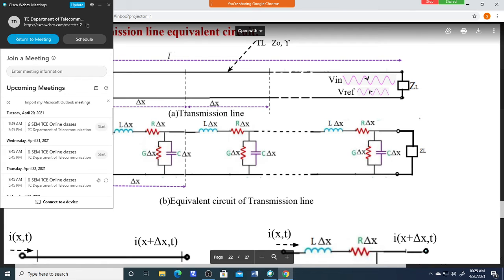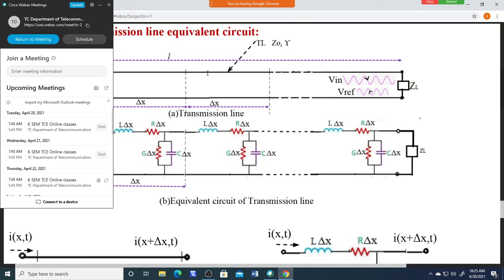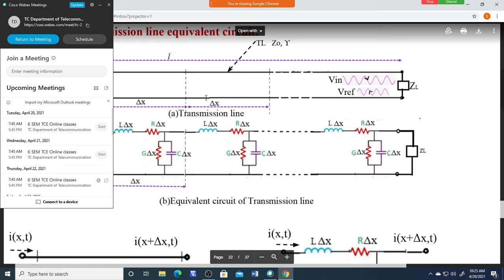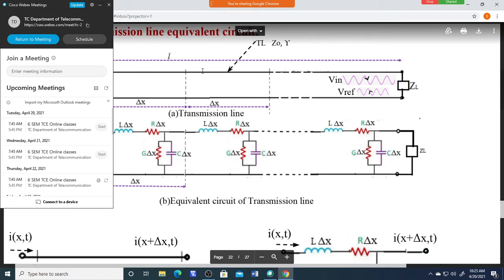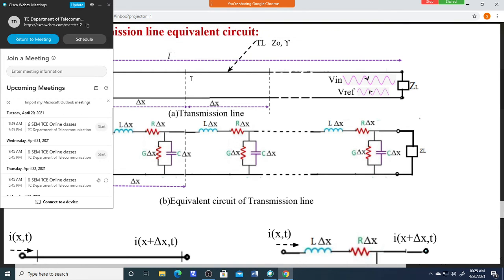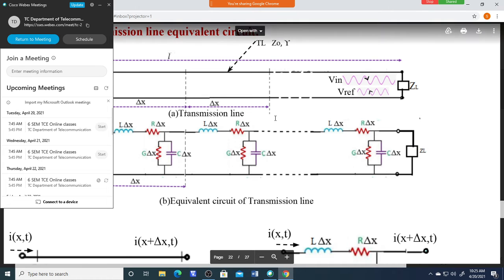For example, if you want to measure voltage at this position, or it may be here or anywhere, what is the voltage between these two? If you want to measure what is the voltage here, we will be connecting the multimeter from here to here, between this voltage of this position. So automatically it is the addition of these two waves. Voltage at any position here or here, any position, it is the addition of two waves. Two waves are there, a forward wave and a backward wave here. So addition of these two waves is the overall voltage on this transmission line.